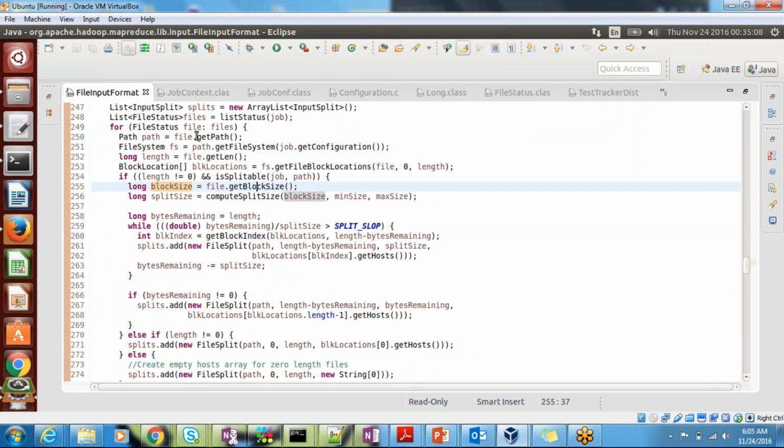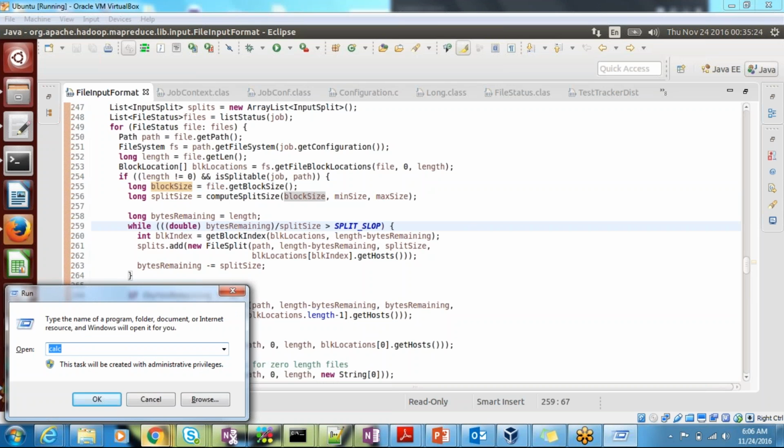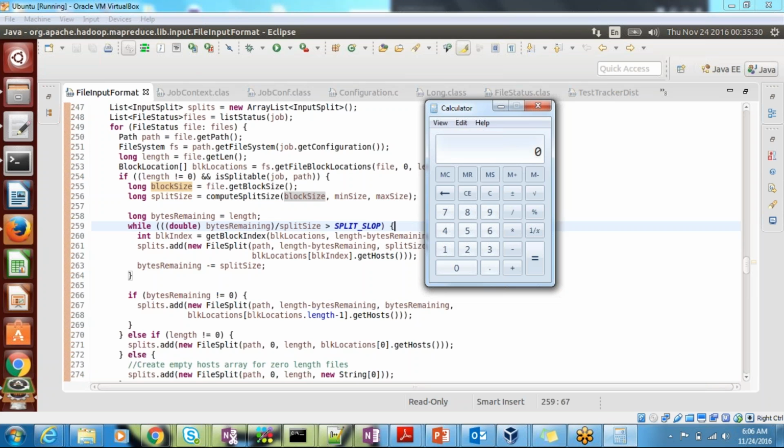Even though they are hard coded, it will be replaced by your configuration. Where will it read from? The property file, the fsimage file, the metadata file. We have seen the metadata some time before, right guys? Let's take 128 MB